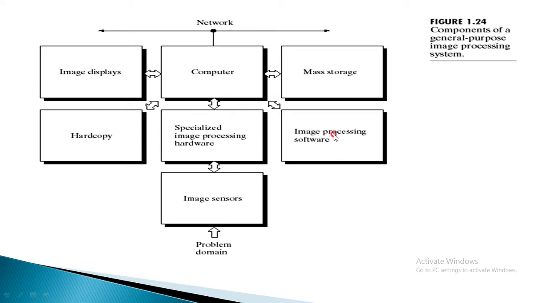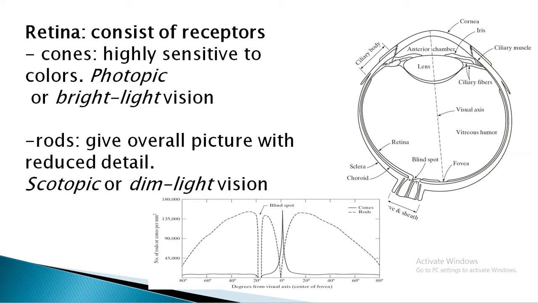Then we saw various software packages, either in the form of modules or in the form of individual software. Then we came to your storage and why we require a mass storage, what is the reason behind mass storage requirement, all those things we have seen. Then we came to your hard copy, how the hard copy could be retrieved or how it could be stored. Then we came to the displays. There are various displays we have seen, like monitors or TV screens and all those things. Now, going ahead with the next class.